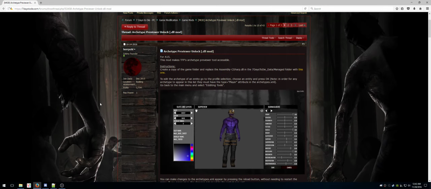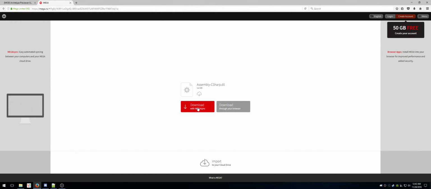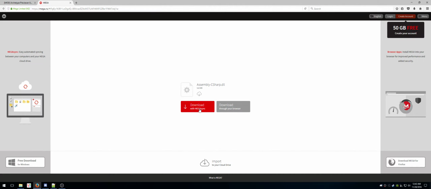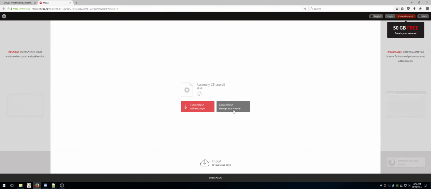You'll definitely need to back up your file. So you download it, and it goes to Mega whatever, and you always download through your browser. You never download with this MegaSync crap, because this is going to install spyware onto your computer. No ifs, ands, or buts about it. I wish he would host this on, I don't know, his Dropbox or something easier. But download to the browser,